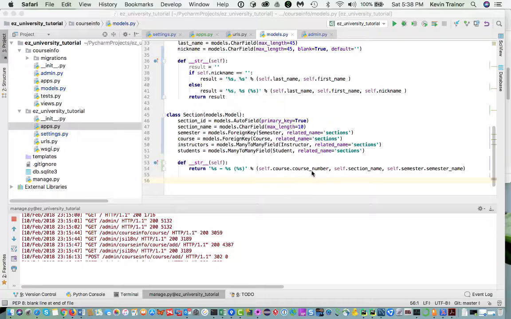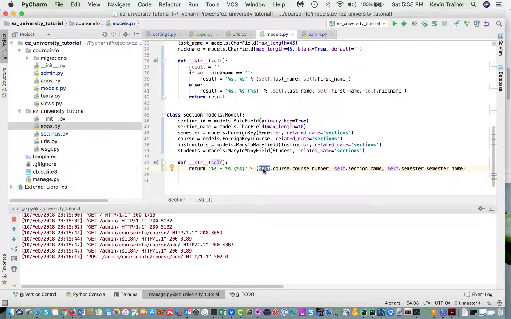So the course number is not on the section, which is the self, but we have to go down and look at the course field, which is pointing at another object, and we want to get the course number from that. We do have a section name, so it's